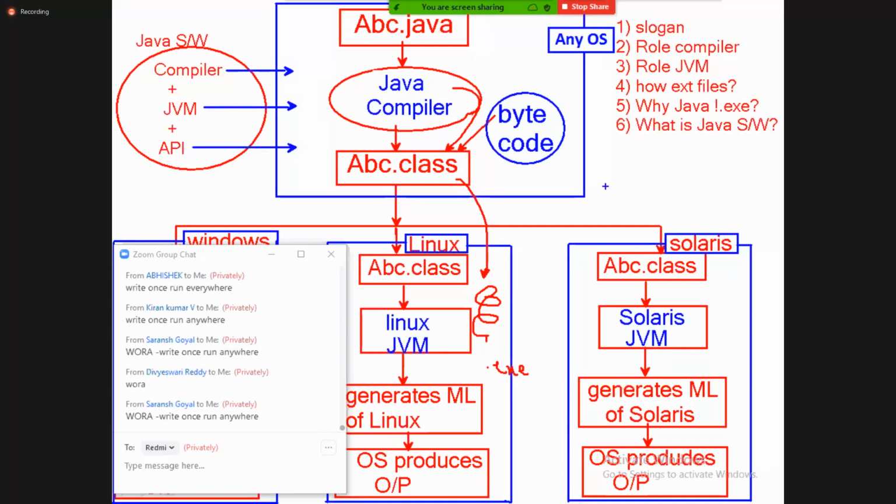Now my question, the seventh question I'm asking: is Java software